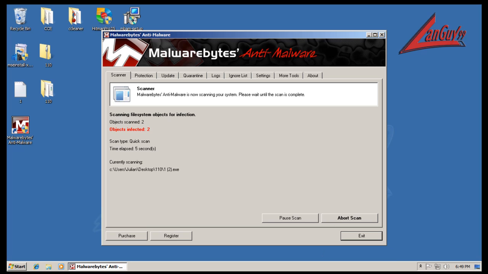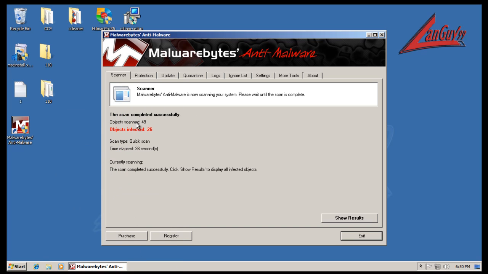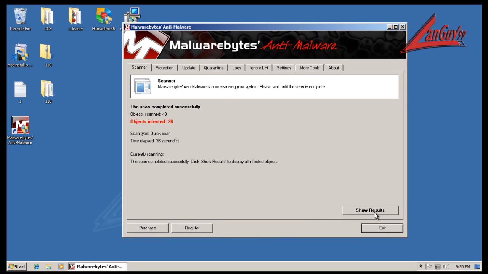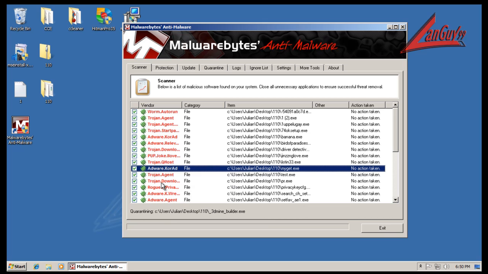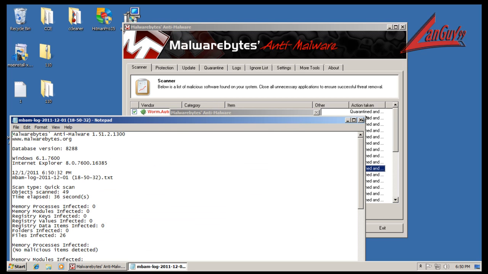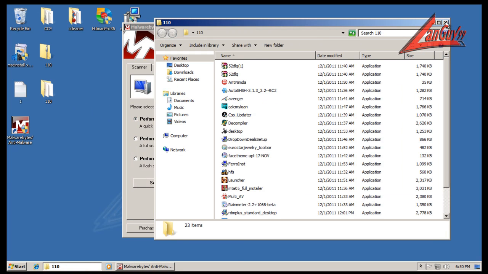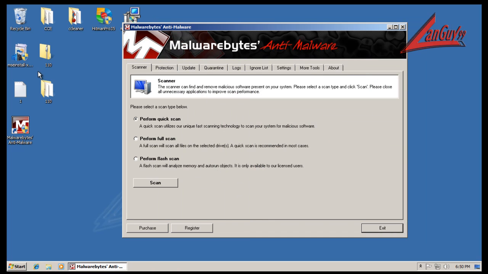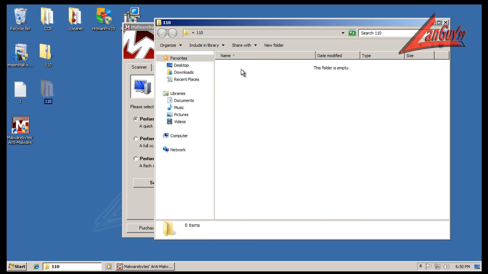So let me pause here real quick. Alright, so okay, so it's 49 now. Okay. So Malwarebytes found 26. What I'm gonna do is, because I haven't had a chance to check all these, I'm gonna remove these and put them in the quarantine for Malwarebytes. And there's like 23 left over, but I'm not gonna have a chance to check all these to make sure that they all are some form of malware, because I didn't have a chance to check them from before either. So I'm just gonna ignore these,